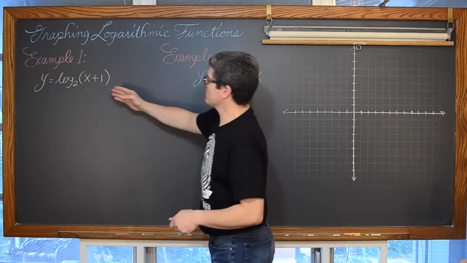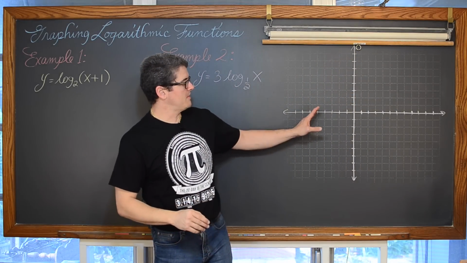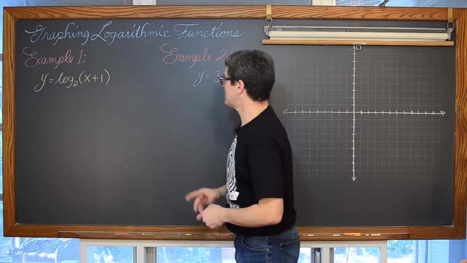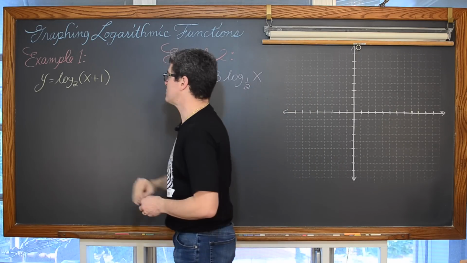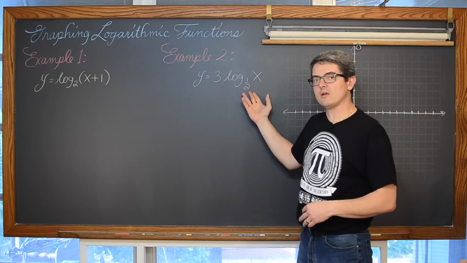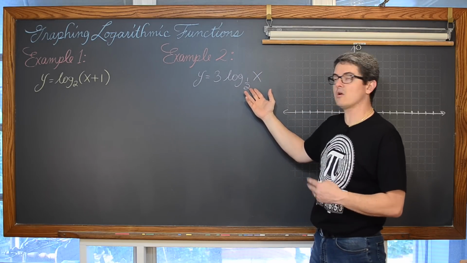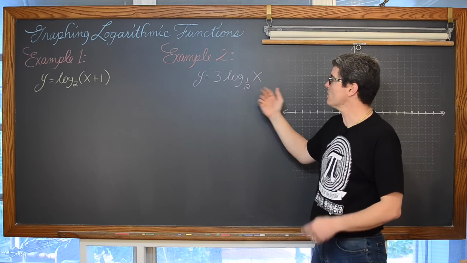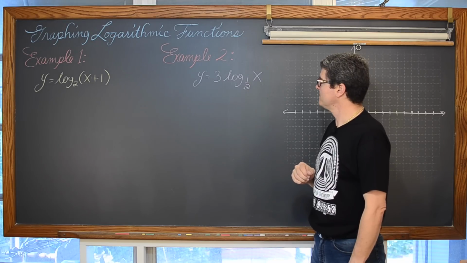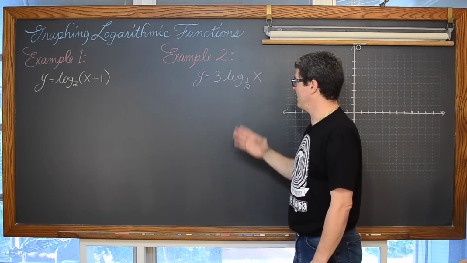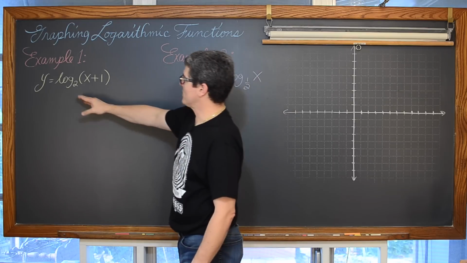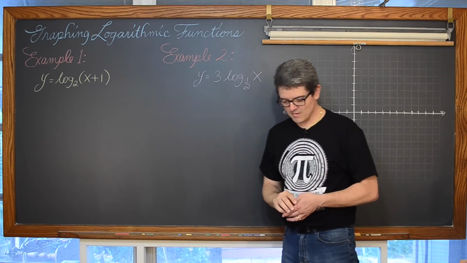We're going to put these first 2 graphs on the same XY coordinate system because I just want to point out the differences in effect when we have a base that's larger than 2 and what the logarithmic graphs look like when your logarithm has a base which is between 0 and 1. We also have a vertical stretch with this a value which is greater than 3, but I really want to talk about what happens with these different bases.